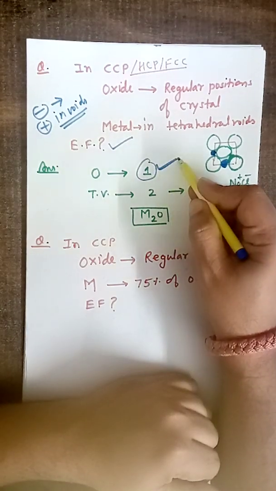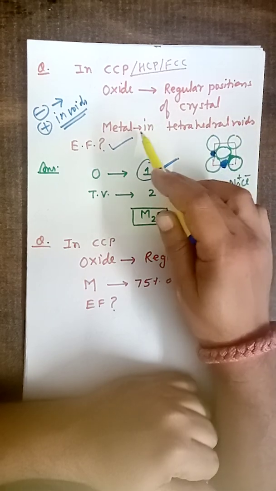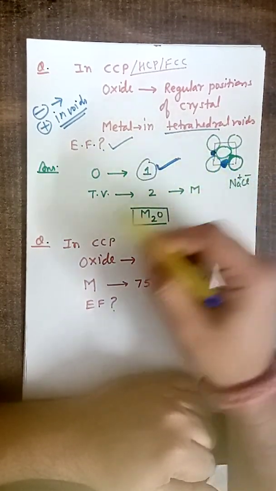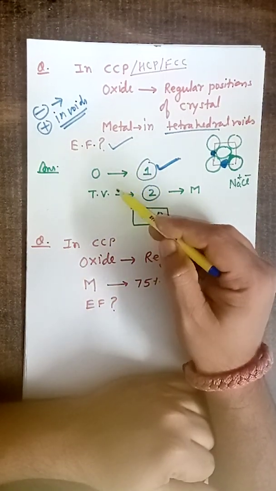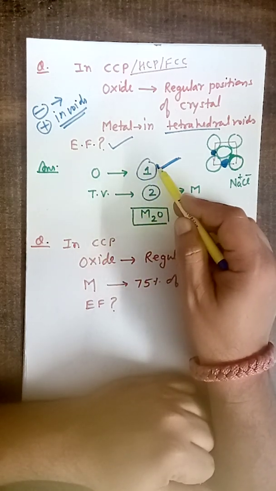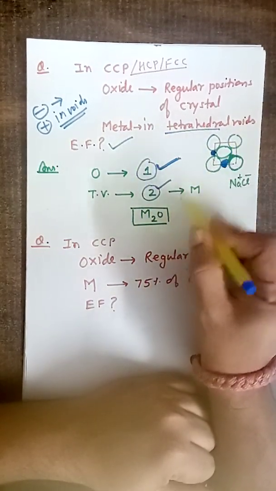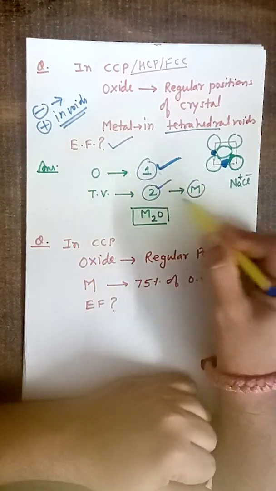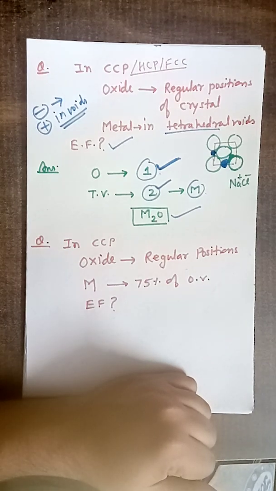So let oxygen is 1. As per question, metal in tetrahedral void. So because metal in tetrahedral void, particle of oxygen is 1. So tetrahedral void should be 2. We have discussed the ratio between particle and tetrahedral void is 1:2. So one particle of oxygen, double will be tetrahedral void. As per question, metal in tetrahedral voids, it means the number of metal is also 2. So 1 oxygen, 2 metal, the empirical formula will be M2O.